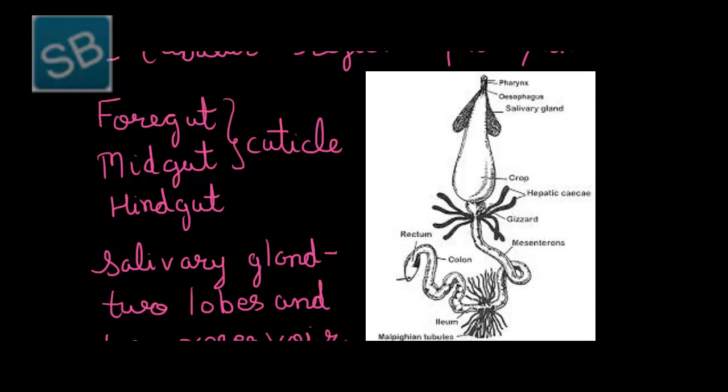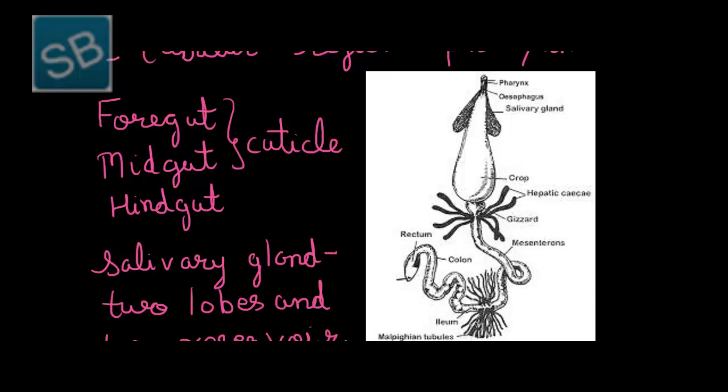At the junction of midgut and hindgut, there occurs about 150 yellowish thin thread-like structures known as Malpighian tubules. These Malpighian tubules are the structure that is associated with excretion. We'll study about this later. The proximal region of hindgut is known as ileum, following which colon and then rectum occurs. Ileum is slightly narrow, following which a coiled structure known as colon occurs. This is the distal region of the hindgut.